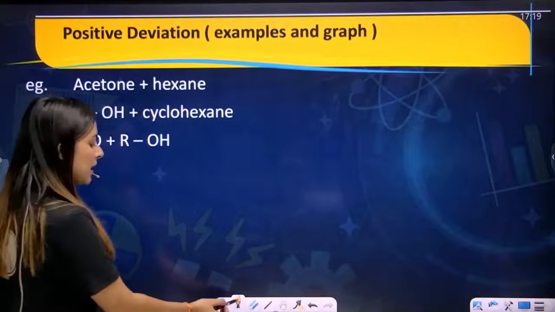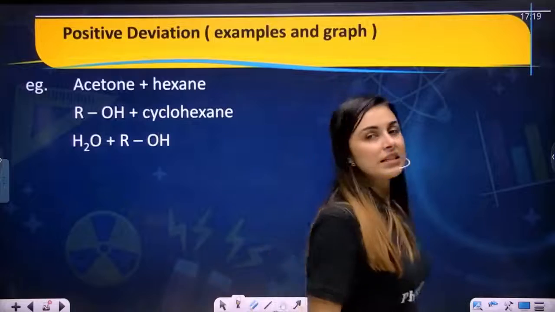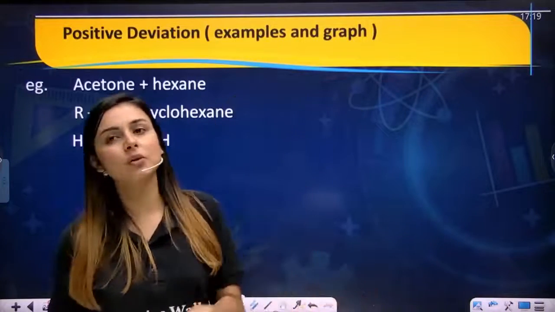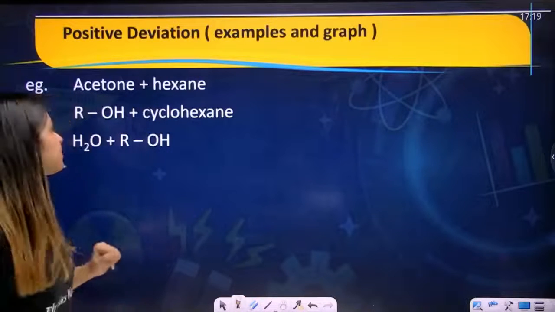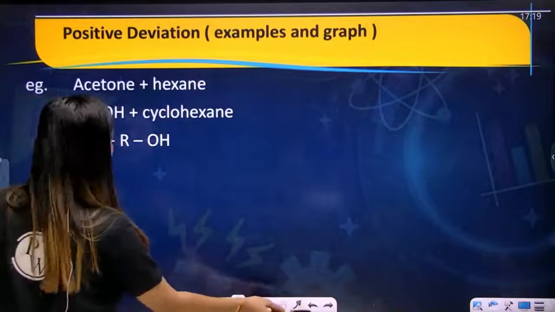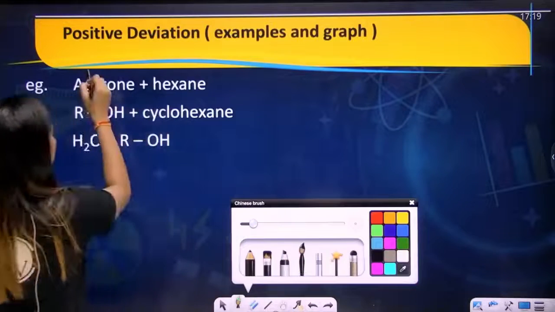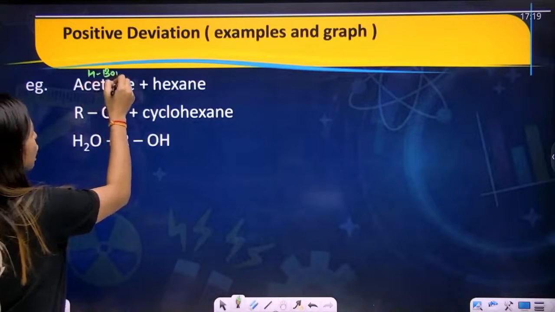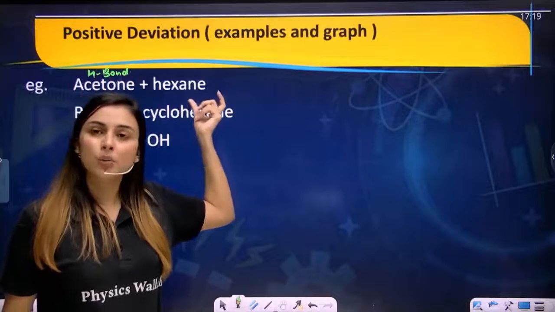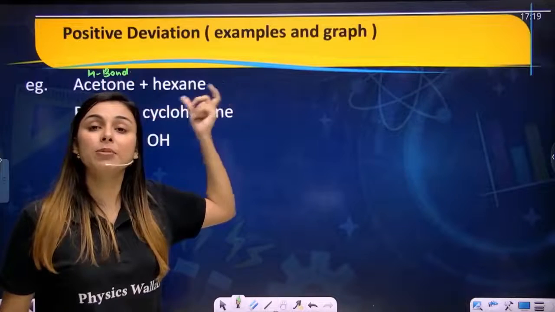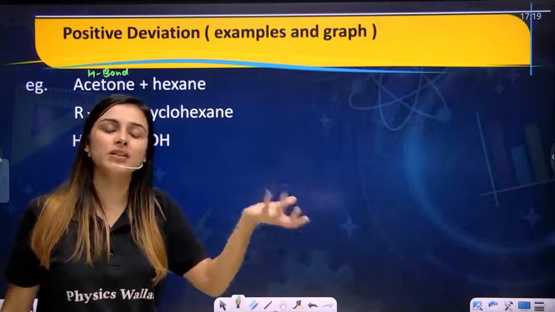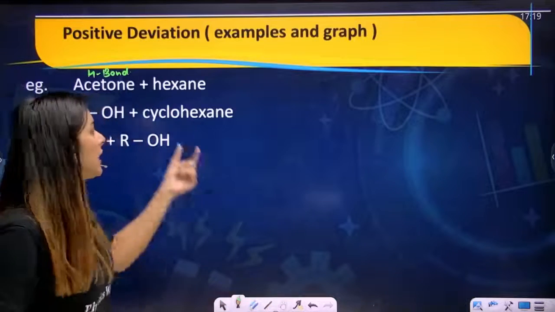Now you have some examples. These are examples which have strong interactions before mixing, and after mixing the interactions become weaker. Let's take an example. You have acetone, my dear students, and acetone has hydrogen bonding present. You add non-polar hexane into it. What will this hexane do? It will interrupt the hydrogen bonding. So initially the bonding was stronger, and after mixing the bonding became weaker,